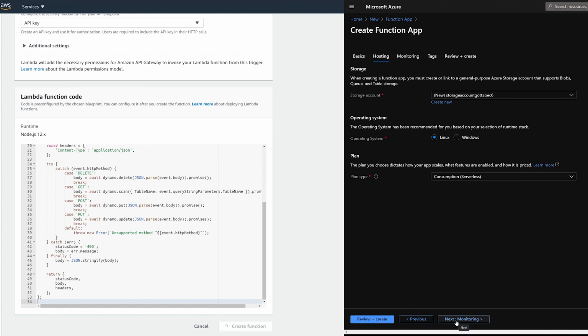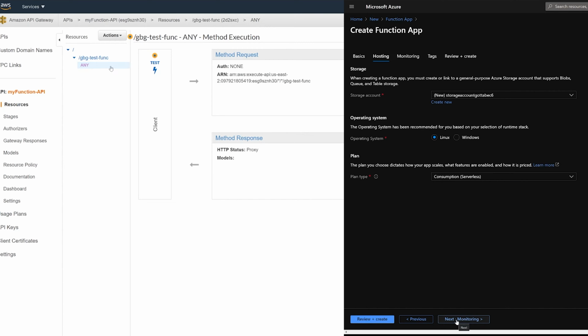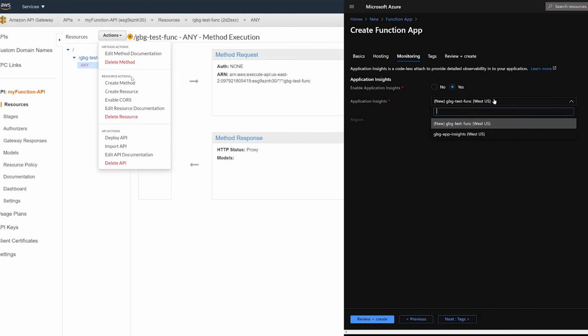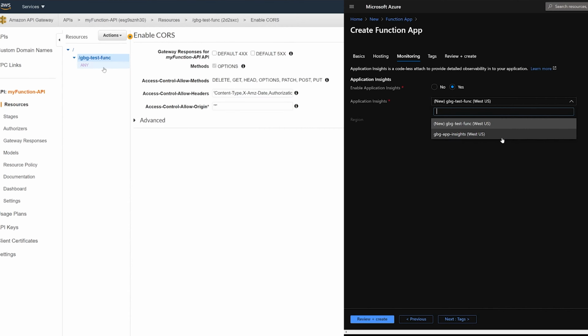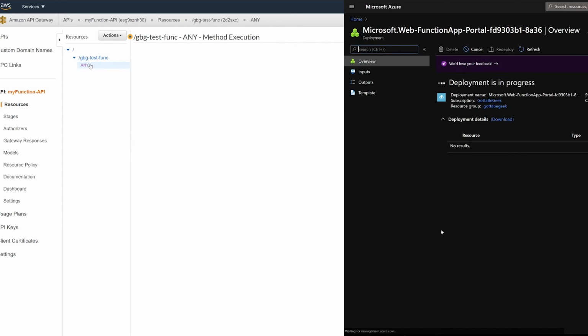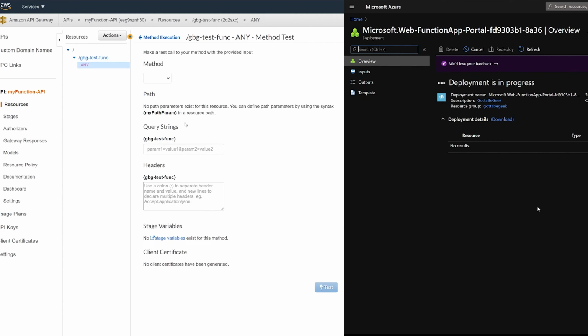Another difference, not necessarily a bad thing, is that you get presented with templates right from the get-go for AWS. I'd almost say that's a good thing. I think it's kind of neat right up front, getting presented with things that you can do. In Azure, you have to create the base function shell first, and then when you go to create those inner functions, that's when you get access to look at their templates. But both do offer templates to get a developer started right off the bat, which makes that really nice.